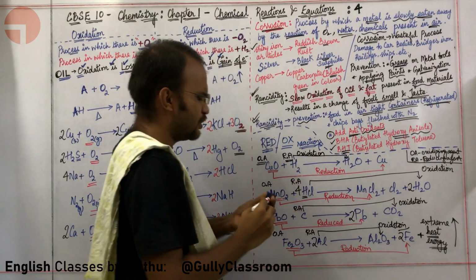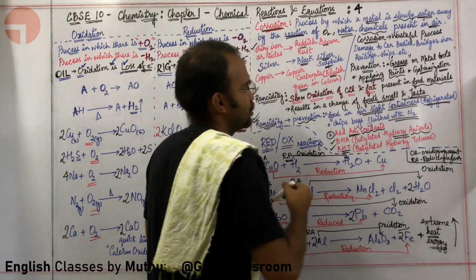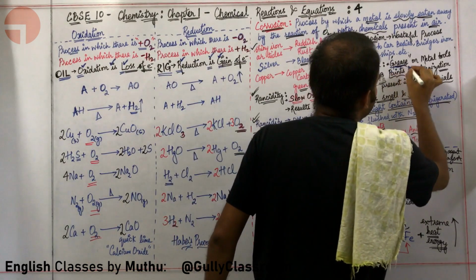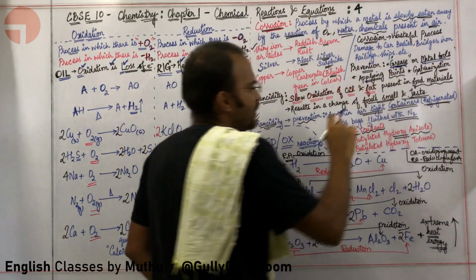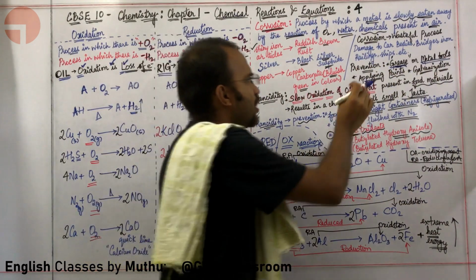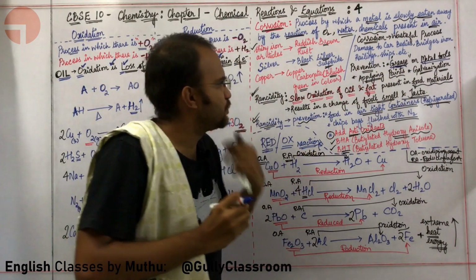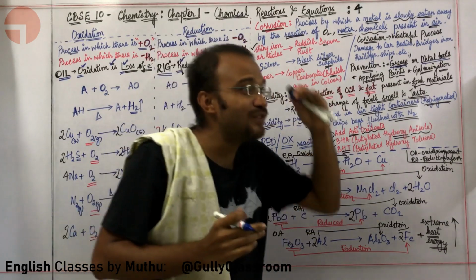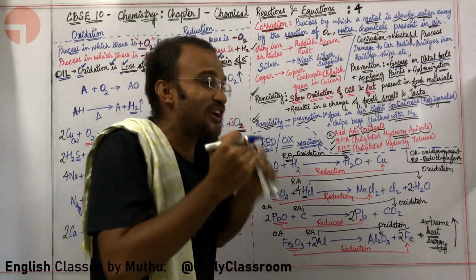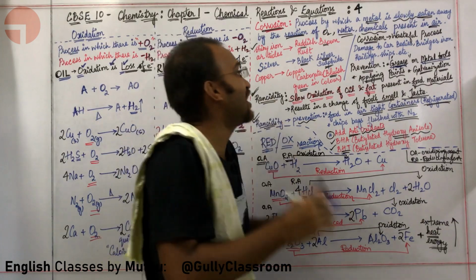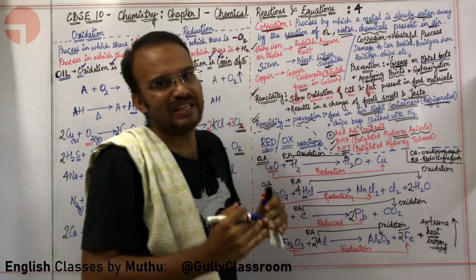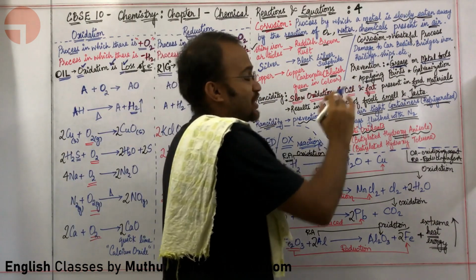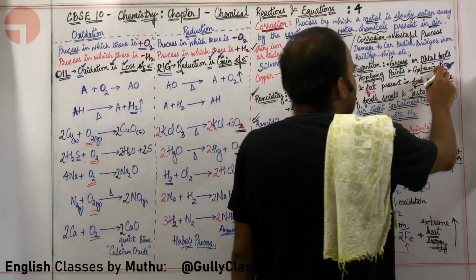How are you going to prevent corrosion? In order to prevent corrosion, you are going to put some grease on metal tools. When you apply grease and paints on metal tools, rusting is prevented. Why, sir? Contact with oxygen is prevented. When contact with the gases present in the air is prevented, corrosion is prevented. So you can also do galvanization.